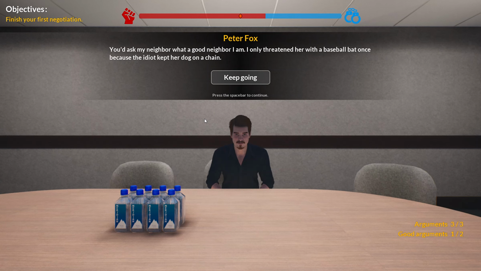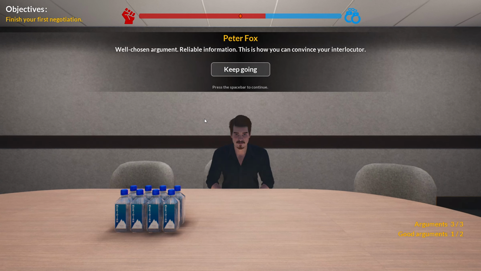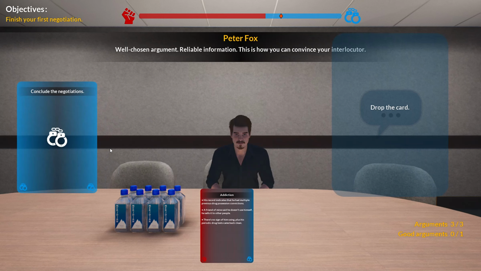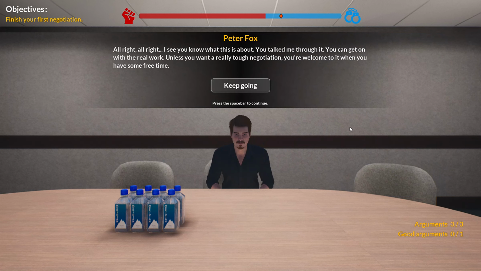Right away. You'd ask my... So, well, show... Alright. I see you know what this is about. You talk me through it. You can get on with the real work. Unless you want a really tough negotiation, you're...